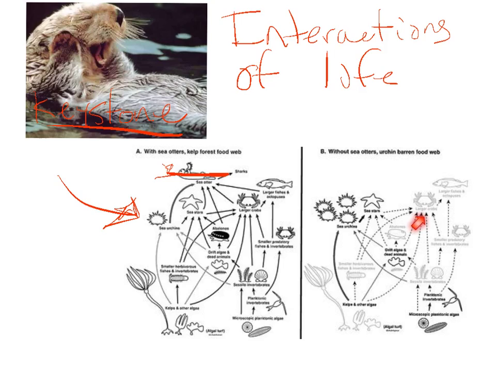Provides habitat for the crabs and the fish. And what happens when you remove the sea otter is that there's nothing to eat the sea urchins and there's nothing to eat the sea stars. So all the habitat, the plants that provide habitat, get eaten and die. And when they die, all the habitat, the places the fish and the crabs need to live, go away. And when they go away, so do the